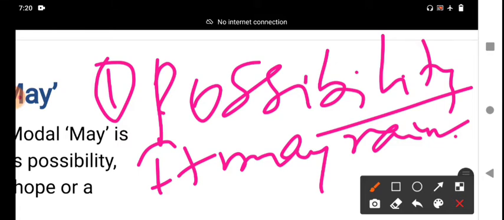We will express our idea. It may rain, he may come, they may participate in the competitive examinations, they may get good marks. I may get good marks. I may be in Chennai tomorrow. I may become a lawyer after completion of my education. This possibility should be expressed through the modal verb, my dear students.